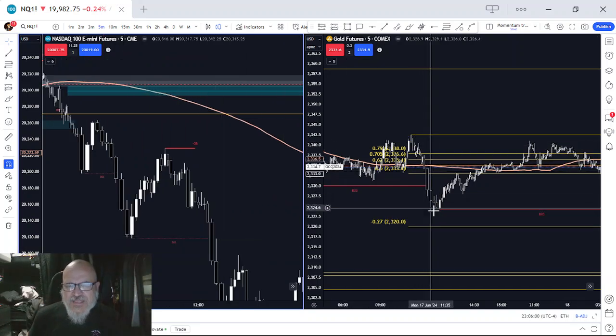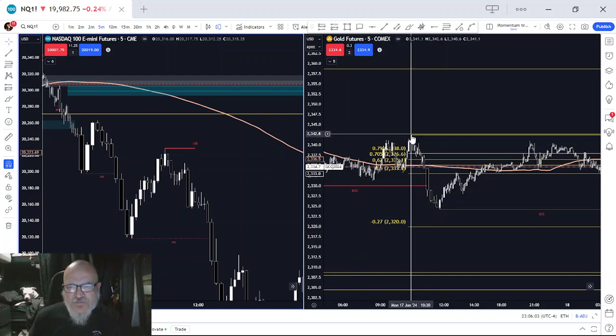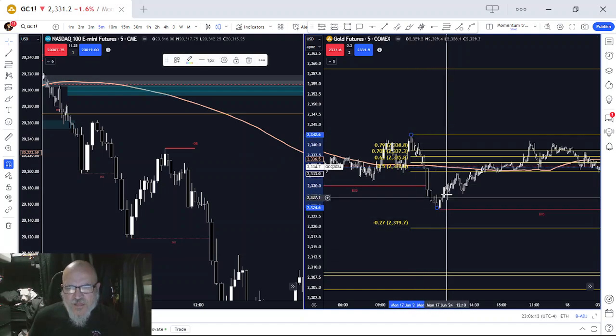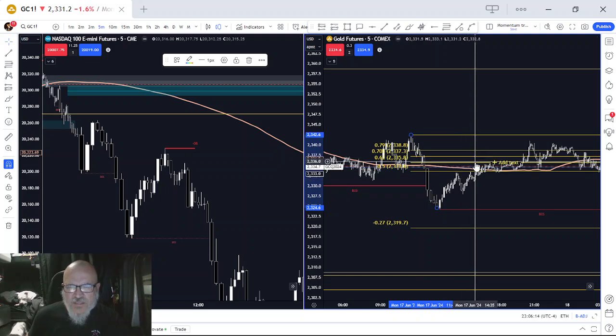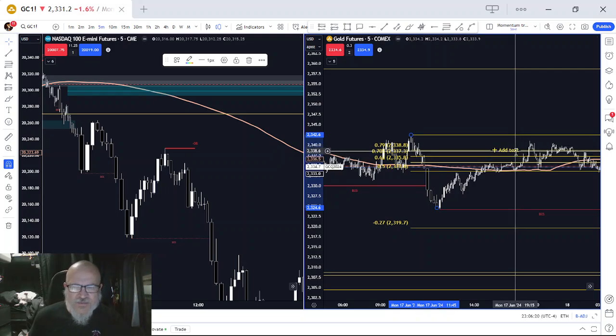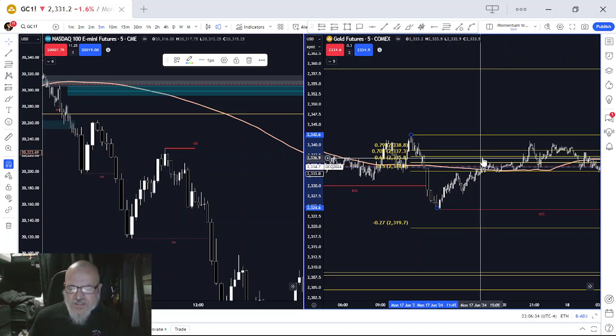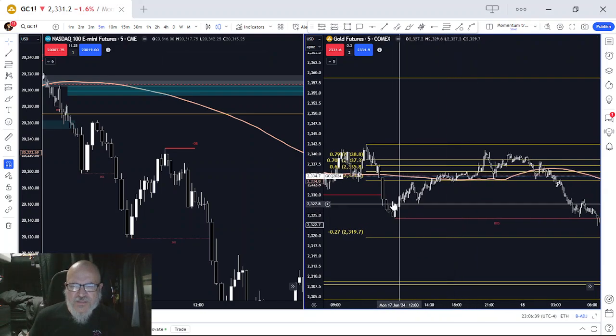Okay. So you get the displacement down. As soon as that starts pulling back, you can put your fib on right here. You can put your fib on from the high to the low. Okay. And then wait for price to come back to the 6.2 or the 7.0 or even the 7.9, wherever you want to put it. You might not always get the 7.9. You'll get the 6.2 or the 7.0 quite a bit. In fact, I may even start going for the 7.0 instead of the 6.2, just because it's going to give me a little bit tighter of a stop loss. Okay, I can risk a little bit less.